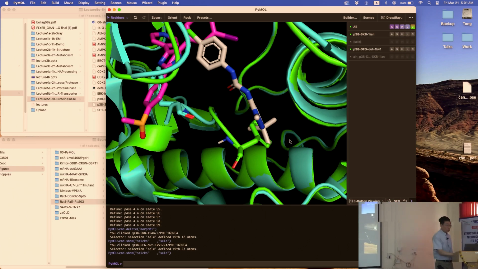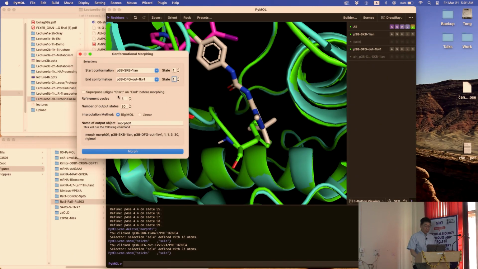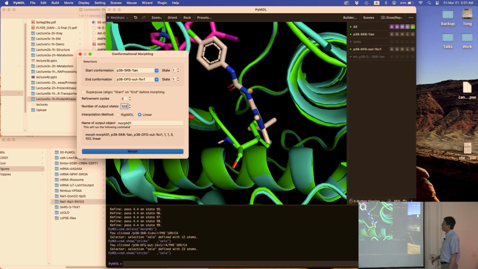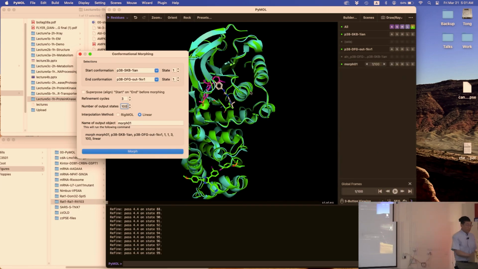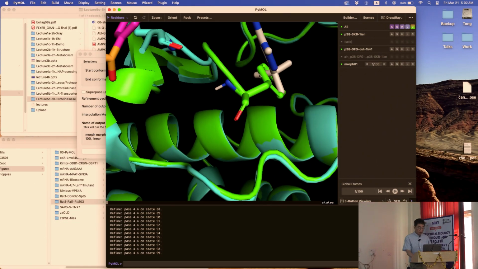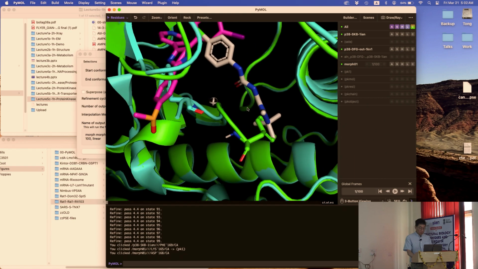Okay, so let's go back to morph again. Same thing, 100 frames, linear interpolation, and morph. It takes a little bit of calculation. Okay, it's done. So now if you zoom in and look at it, so now if you play,